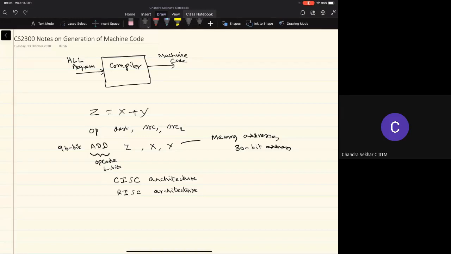Okay. And of course, the target is always like what we have done in the case of the hardware design or the ALU design. We always need an efficient way of doing it, right? So basically, we want to process the instructions or execute instructions as fast as possible. That's basically the throughput of the processor or throughput of the computer system should be as high as possible.